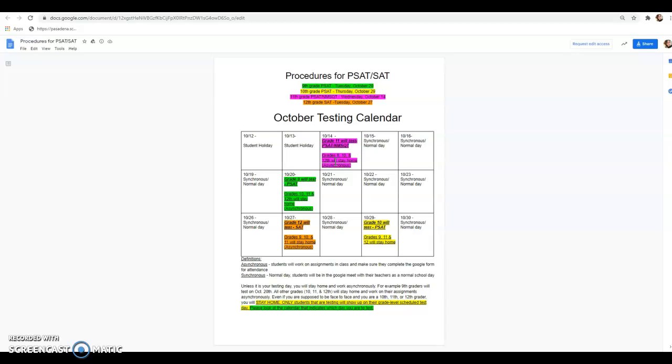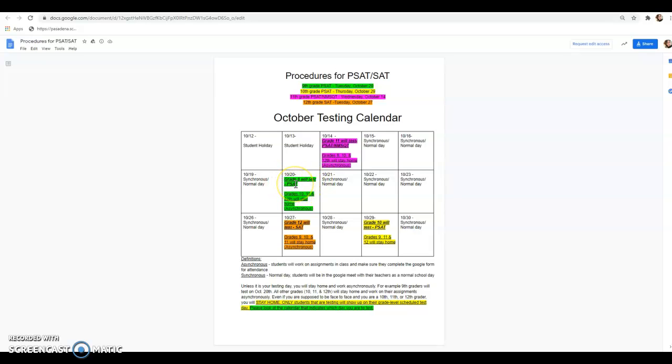I saw a lot of zeros yesterday. That means you did not log in, you did not do your work, you were absent. So I sent a remind message for you guys to go ahead and do your work so that I can change your attendance. And I will be changing attendance today for those of you who did the work yesterday. Okay? It's also for a grade, so even if you didn't do it yesterday, you need to do it for a grade.